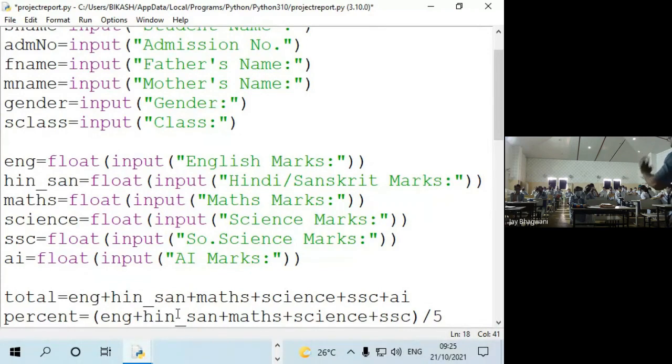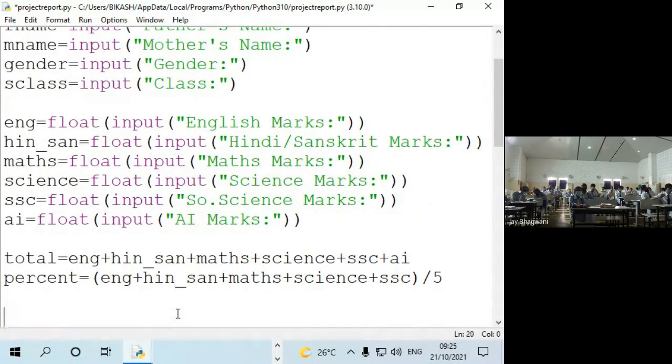Okay, displaying the values at the correct position. After that percent calculation, I have to calculate the grade. But for grade calculation, again I need some if conditions. Because if the percent is greater than 90, then we have to print the grade accordingly, A1. So let me give it in short form, in a fast and easy way. How to calculate the grade?